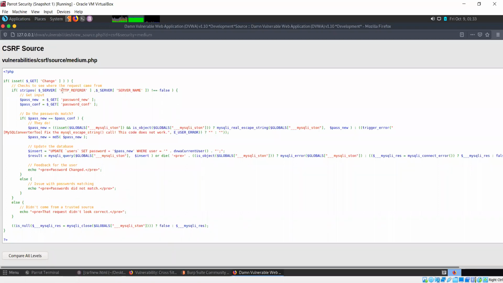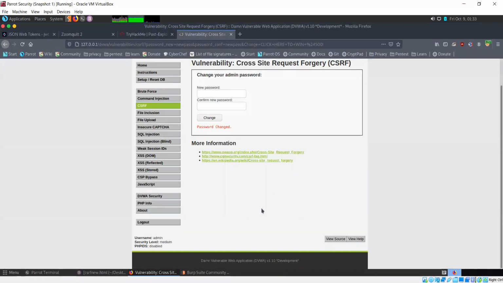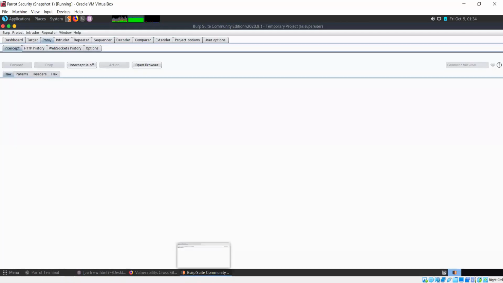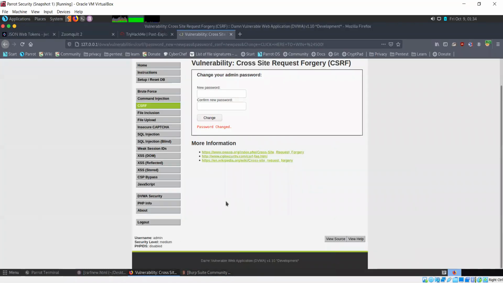So it's checking the referrer. Without that field, it's not going to allow you to perform a password change. But of course, a referrer can always be added. It's simply an HTTP header which you can add to your request in case one is not present. Okay, so that's how we got past this.